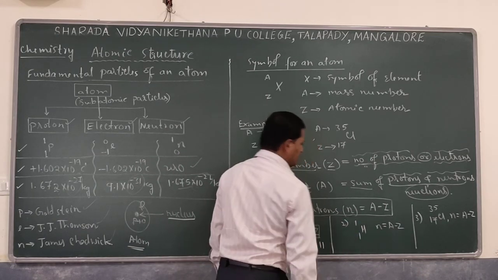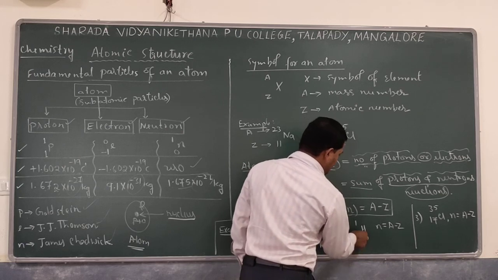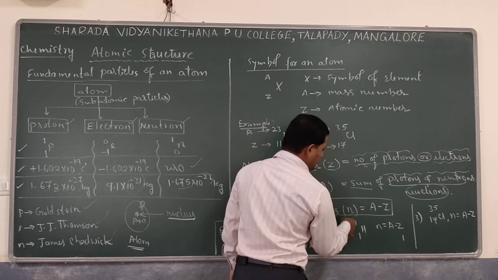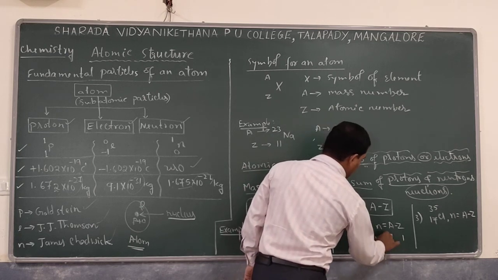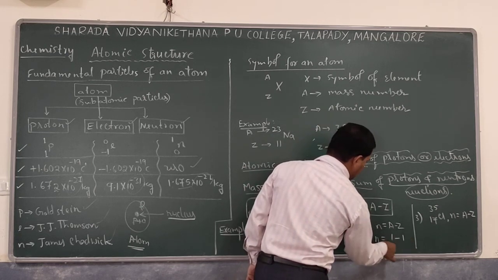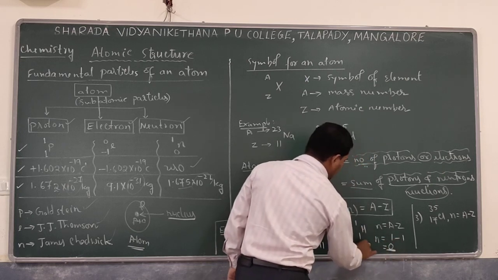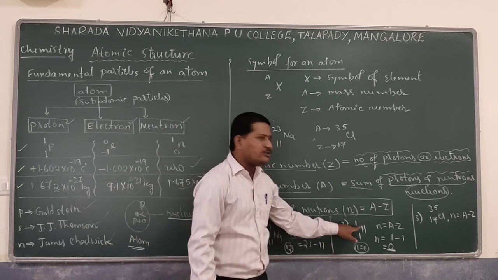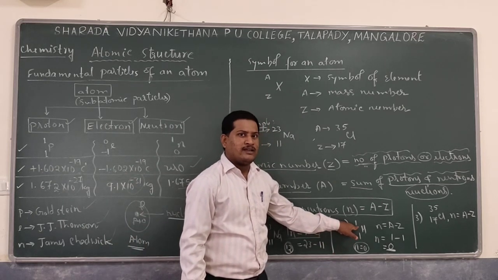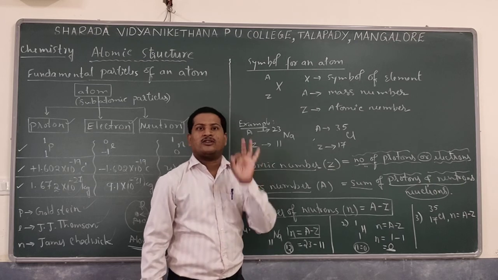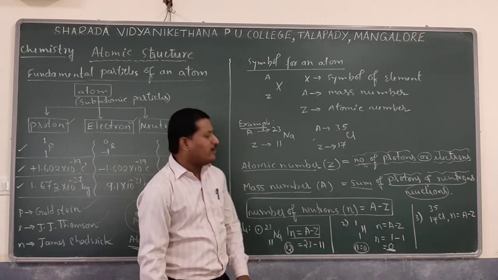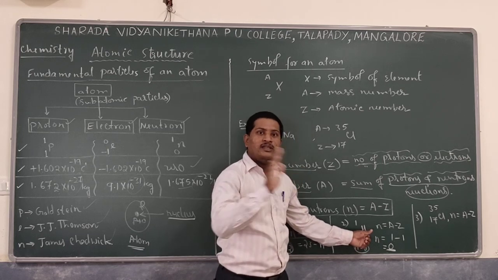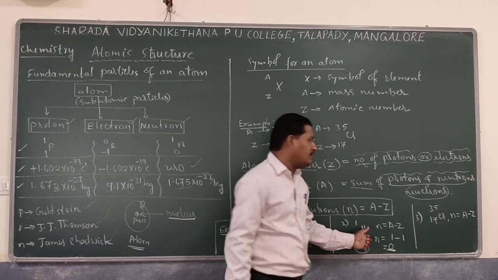Similarly, in case of hydrogen, 1H1 is the symbol. There 1 stands for atomic number. Here it is 1, and then A is exactly equal to 1, and the number of neutrons equals 1 minus 1, nothing but 0. Remember, the number of neutrons in 1H1, that means the hydrogen atom, is going to be 0. As a result, hydrogen is one of the elements where neutrons are not present. So a neutron-less atom in our periodic table is hydrogen. Hydrogen is the only element with no neutron, but all other elements have at least one neutron.